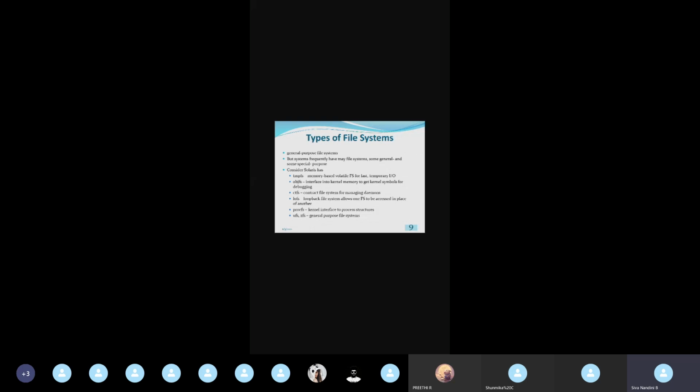This contract file system is used for managing system programs or system daemons. The system programs are known as system daemons. System programs means, if you're running an application program, that application program may be MS Word. At the background we'll be having several system programs required for running that application program.